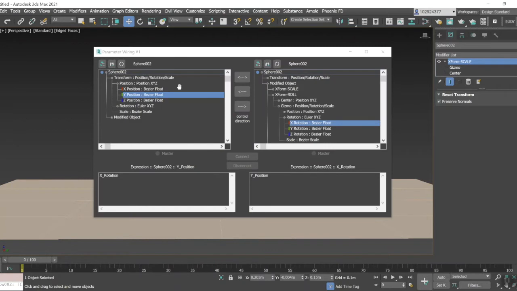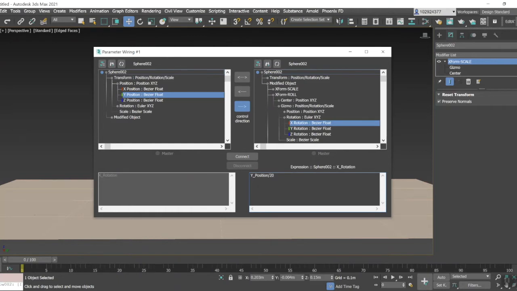This dialog will appear and you'll be able to see that we've got the two transitions here and all the connections. So basically the left parameter will control the right, so we're needing to select the one-way control, left parameter controls right parameter. Then in the box down here where it says Y underscore position, pop in at the end